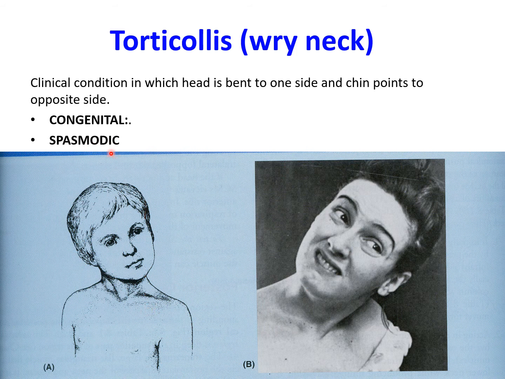Now, what is spasmodic torticollis? The spasmodic torticollis results from repeated chronic contractions of the sternocleidomastoid and the trapezius muscle. It is usually psychogenic in origin. A section of the spinal part of the accessory nerve, which supplies the sternocleidomastoid and the trapezius muscle, may be required in the most severe cases to treat wry neck. The relations of the posterior border of the sternocleidomastoid muscle are very important, and we will discuss them in the end when we discuss the posterior triangle in detail.